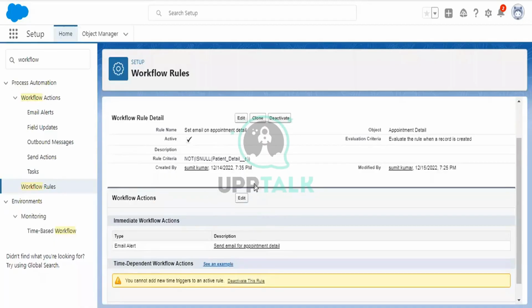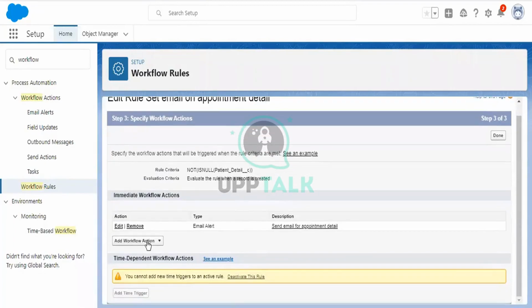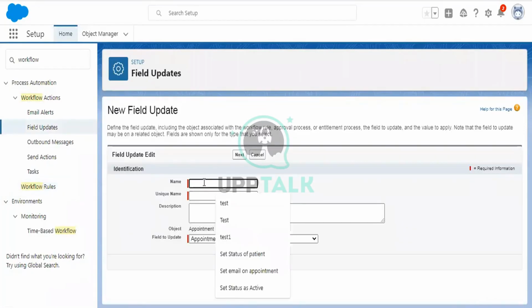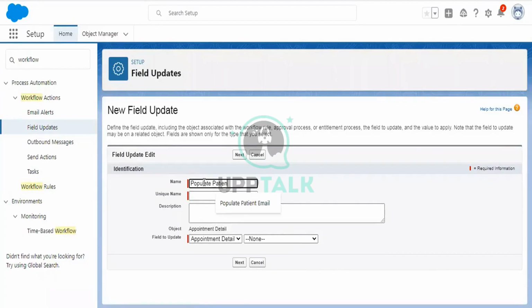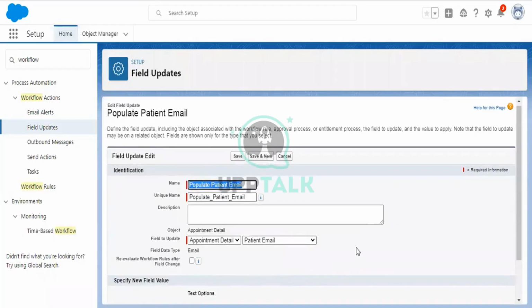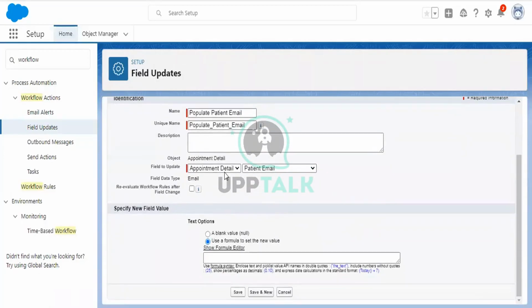Here in the workflow action, click on edit, add workflow action, new field update. I would give it the name populate patient email. I want to populate the patient email field, and the value should come from